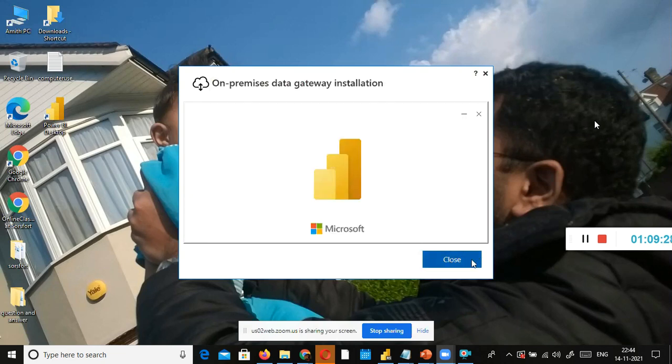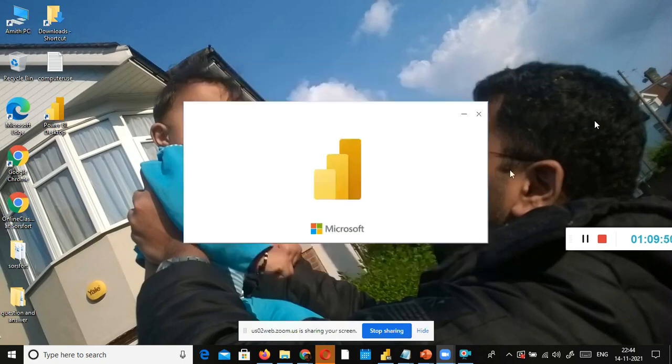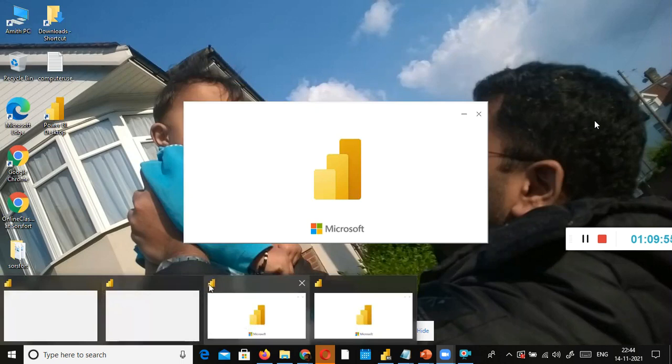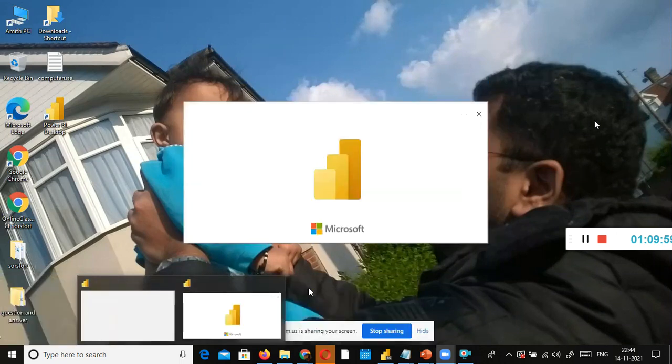Now close it. You click close and go to the Power BI Desktop shortcut. No, close this one completely. It's not closing. The cross mark is there, right? Click it. You opened it multiple times, so that's the problem. You need to gently click it.